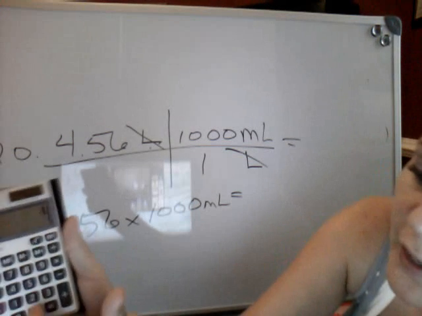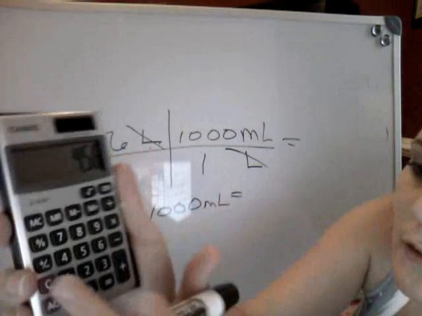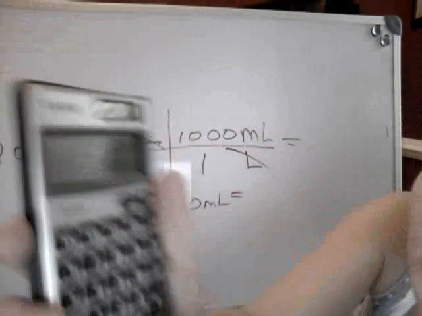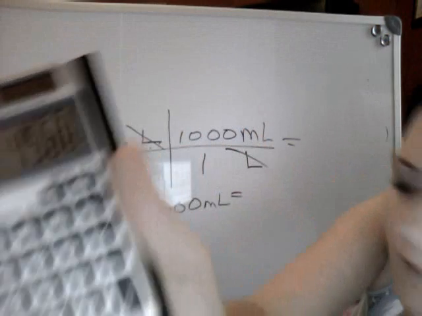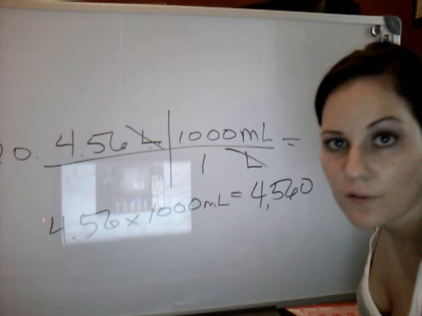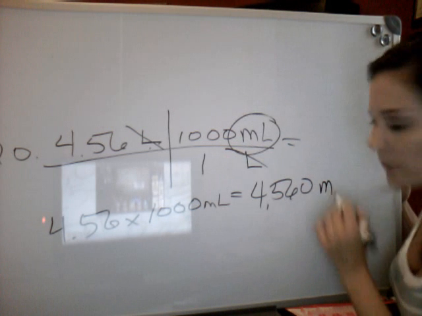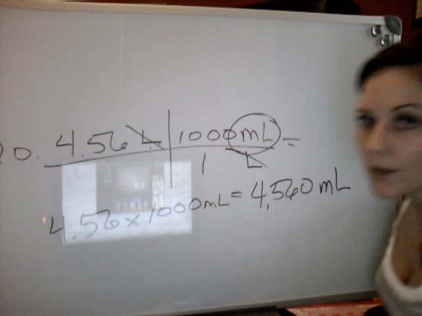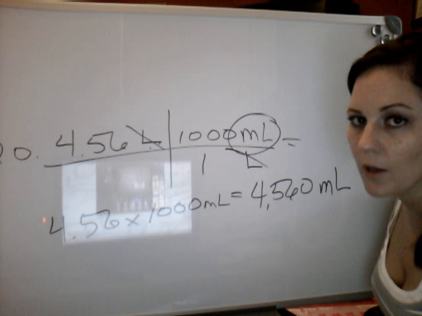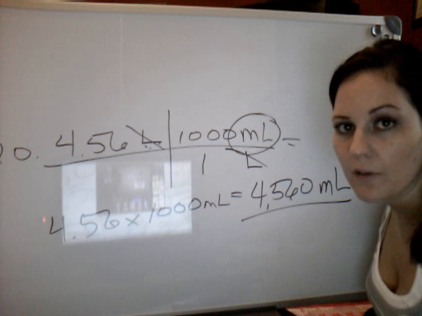okay, let's just do it on my calculator. This is sad. Oh wait, where's the camera? 4.56. There we go. Times 1,000 equals 4,560. Okay, 4,560 what? Milliliters. Little m, big L. That's a very important thing to know. Don't go by what's on the worksheet. Lowercase m, capital L every time. Because that means liter. So you have 4,560 milliliters